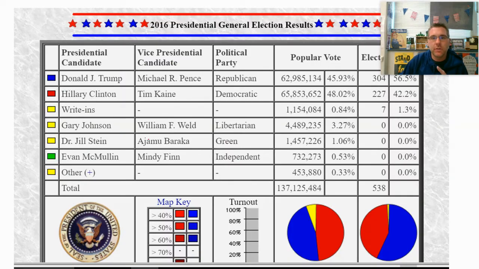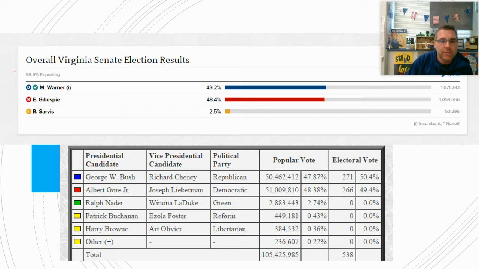Okay, here's the other side, letting you see what happened. Gary Johnson won 3.27%. So he didn't win the 5% that he needed. Stein won 1%. However, what's unique about this is that the Green Party is probably going to take away votes a lot of times from a Democrat candidate, just like Libertarians take away votes a lot of times from a Republican candidate. So we'll talk about how the best thing that Biden can hope for is a strong Libertarian candidate, because typically those votes go more Republican than Democrat. The best thing Donald Trump can hope for is a strong Green Party candidate because they take away votes from the Democrat. Okay.